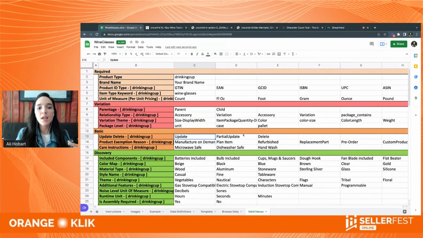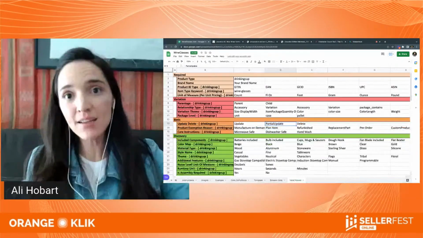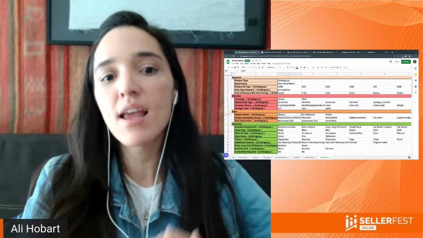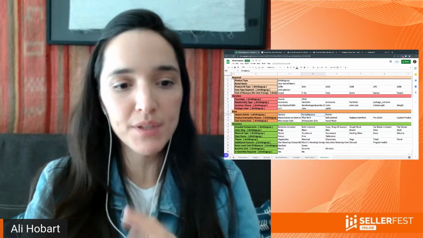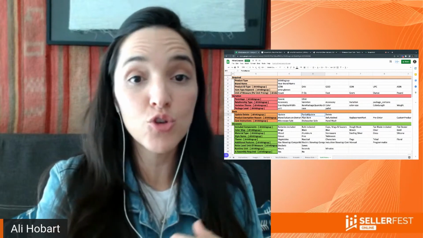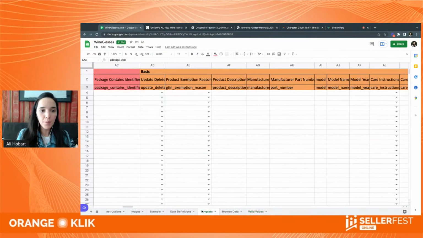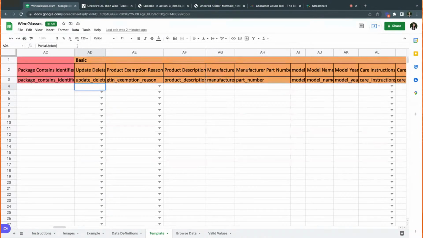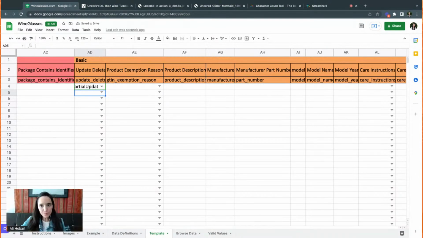And here's another trick. The rule is that if you're editing a listing, you're going to use partial update. If you're adding a brand new listing, you're going to use update. If you're editing, you're going to do partial update. And that's what I would advise you to try at first. So you can copy and paste here. However, sometimes I've had this happen to me where the change still did not go through. And I just switched to update and then the change went through. So it's a mystery. Amazon has lots of mysteries. With me, this is what's worked.